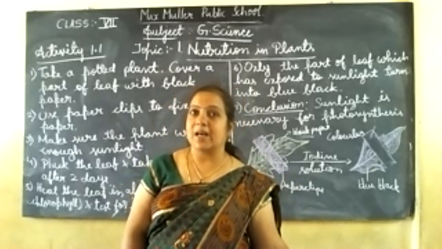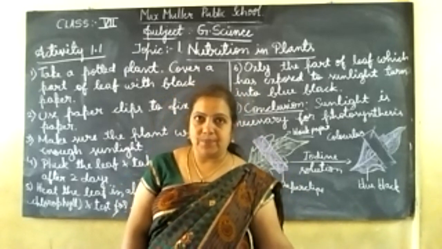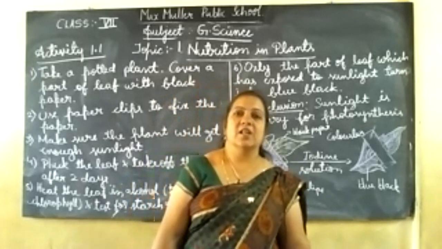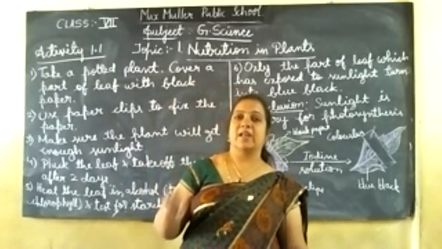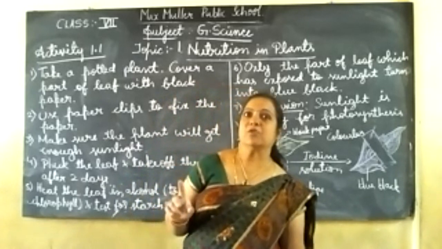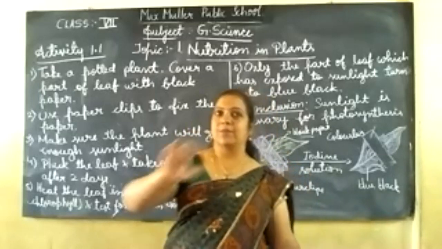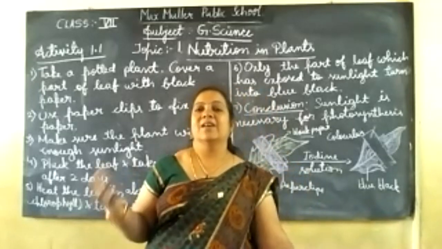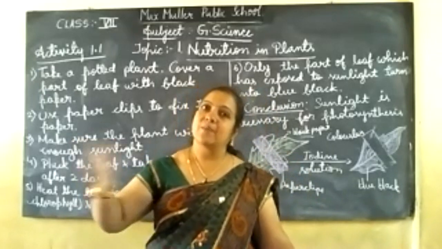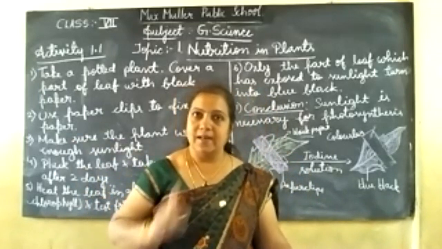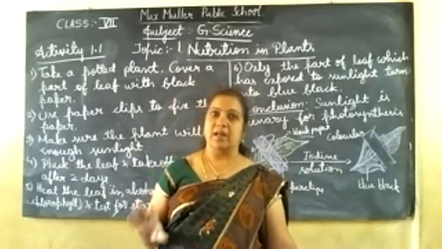Starch is nothing but the carbohydrate prepared by the photosynthesis process. If sunlight is not provided, the plant is not able to produce food. Instead of taking two plants here, I am choosing a single leaf only. We are going to cover a portion of it where sunlight is not focusing, and the other parts are exposed. With one leaf only, I am teaching you how this experiment can be done.